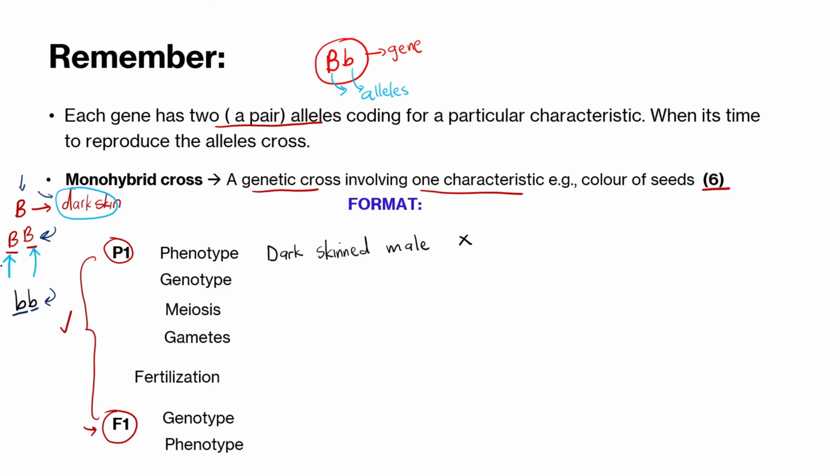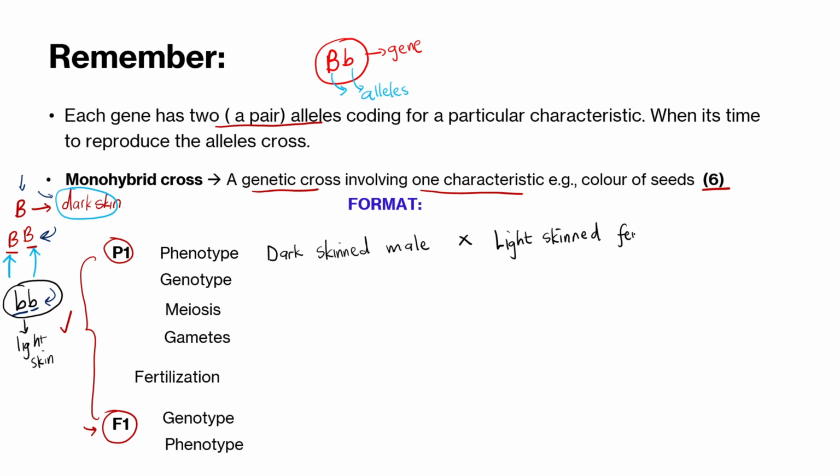And in this case, when you have a recessive allele in a homozygous recessive genotype, then you know that obviously the recessive allele will show in the physical characteristic because it is the only one. There is no dominant allele there. So she would have what? She would have light skin as her phenotype. The phenotype tells you the physical characteristic that is coded by those alleles. So this is a light-skinned female.